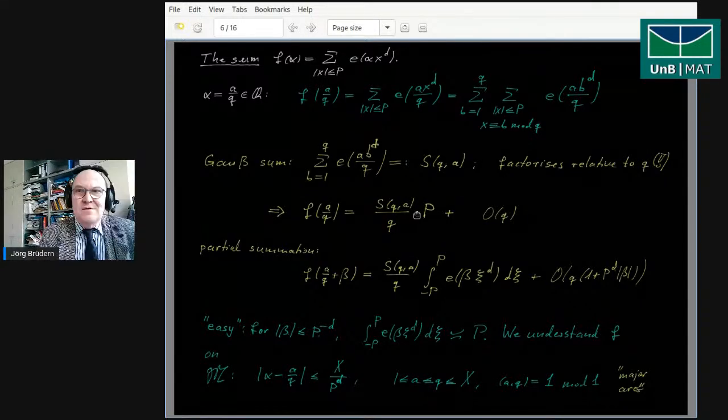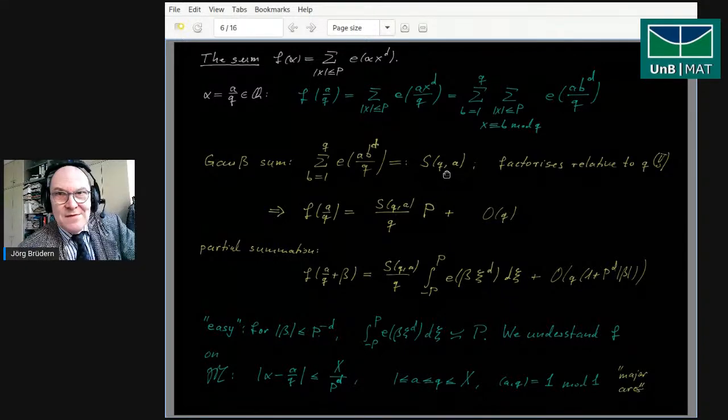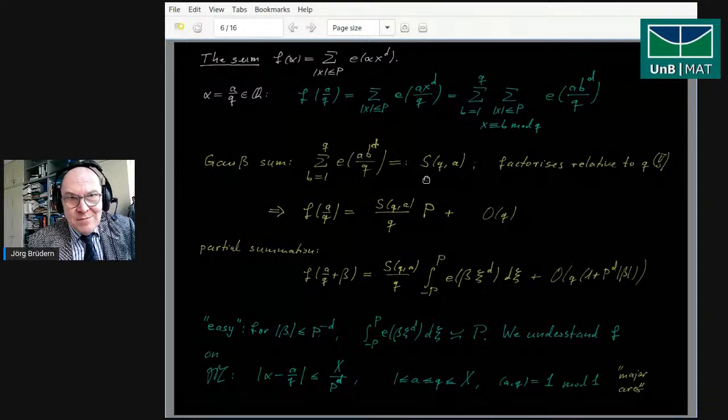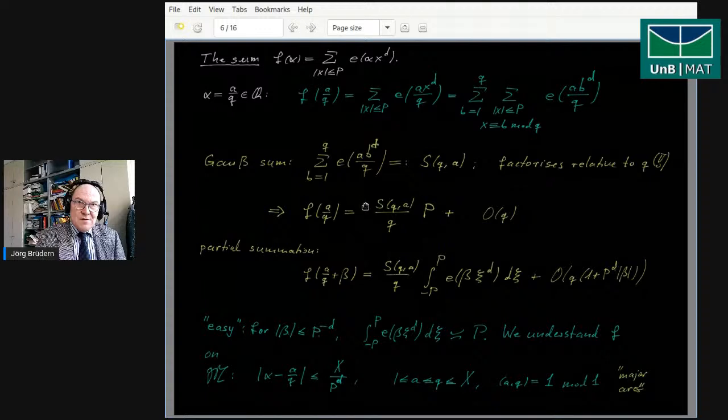I just see this. And then the sum over b is still there, and that generates what people call a Gauss sum. That's this object S of q comma a. And if you like to have a little exercise, then try to see by the Chinese remainder theorem that this capital S here factorizes according to the prime factorization of q. That's important later. So now you see a big peak of this function f with a certain constant which is determined by the Gauss sum